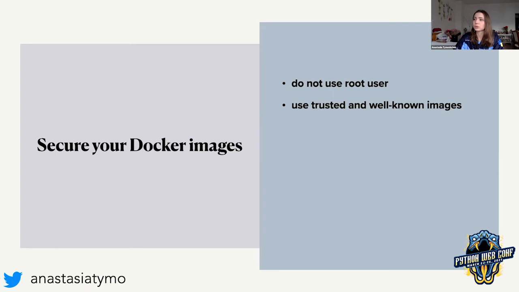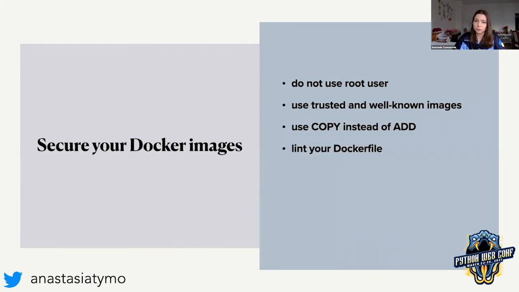The next one, use trusted and well-known images. Always check the authenticity of the image you are using in your Dockerfile. Also use COPY instead of ADD. There is a reason why you need to use COPY, despite the fact that they're super similar: the ADD function is less transparent than COPY. It could have a bit more features that are not super obvious. That's why the best practices recommend using the COPY function, which makes everything obvious. It just copies the file from the location to the location.